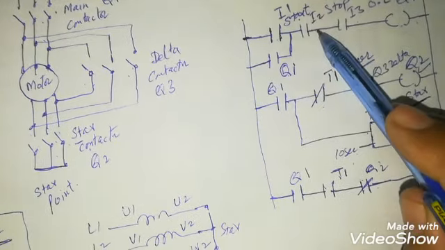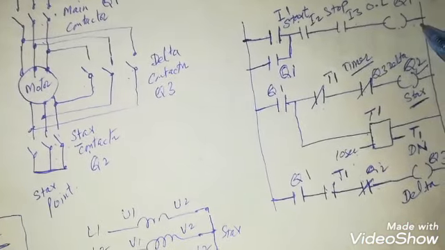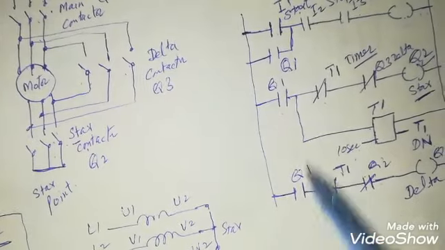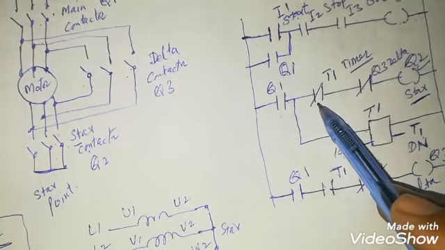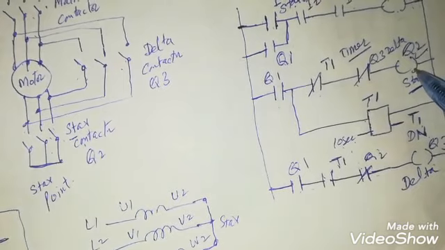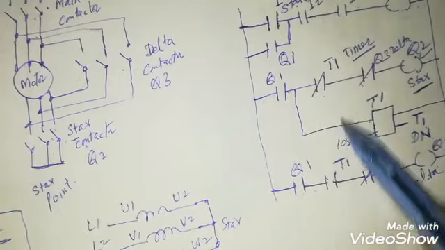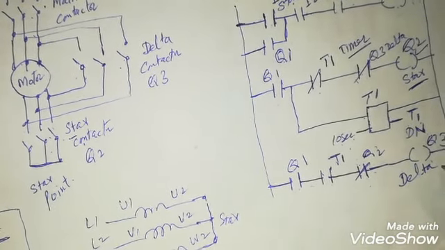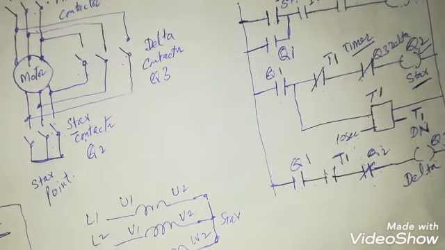Press the start, stop is high, overload is high, which means okay, and our main contactor will energize and through Q1 it will latch. Q1 must be high for the star and delta, T1 must not be done, Q3 must not be energized, our star will energize and the motor will start in star. After the timer, star is de-energized and the delta is energized. So this is the ladder logic of a star delta motor connection. I hope you like it.